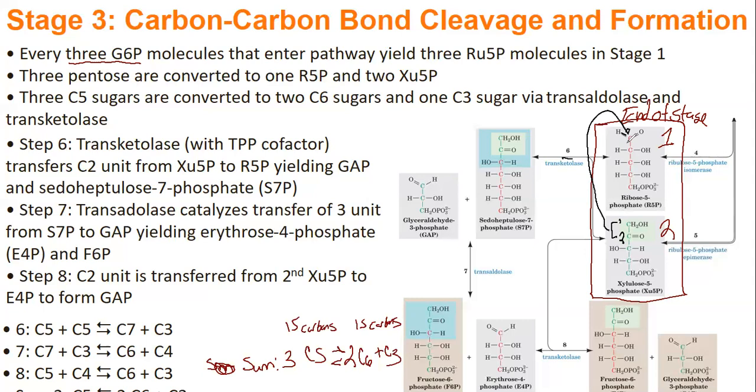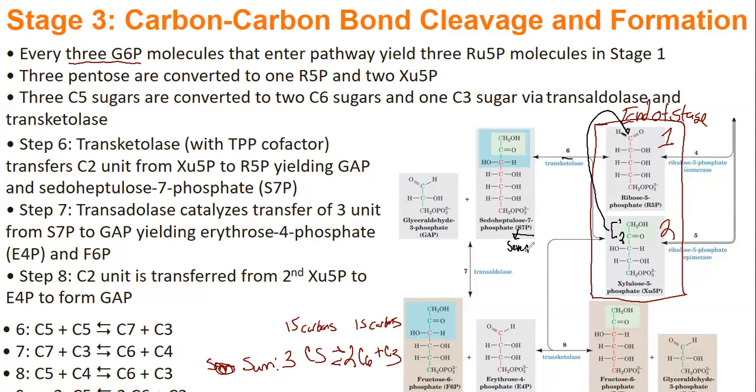And what you're making is sedoheptulose 7-phosphate. That's a really confusing name. It makes sense once you understand heptulose, sugar 7, hep. S7P is a lot easier to remember, especially because the S, you can make it stand for 7, right? 7. So you're going to make a 7-carbon compound with a phosphate on the 7th position, S7P,